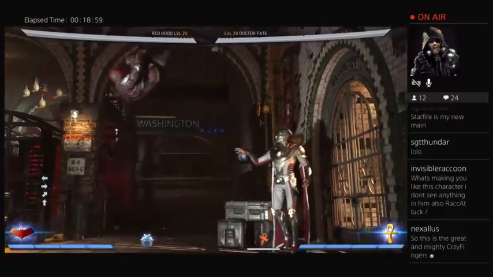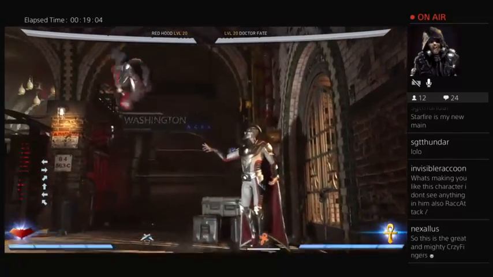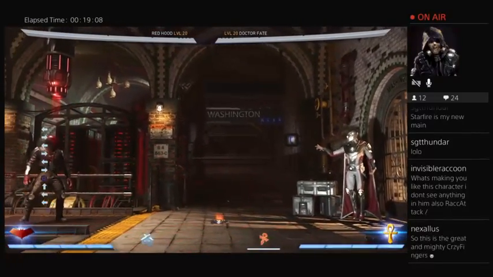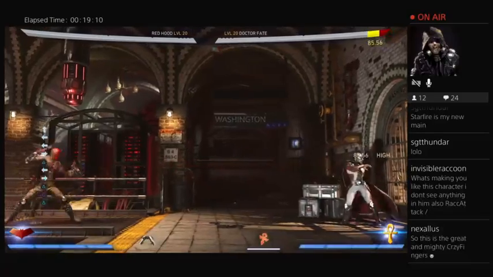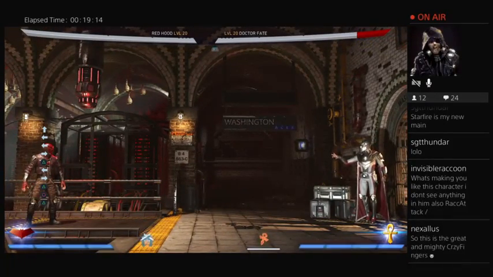So yeah, but back to what I see in the character. I see a character that can really play the kind of game plan that you want to be playing in Injustice. You want to be controlling that space. You want to be doing something that's building you meter constantly, because if you're a character that can't build meter constantly, you need to have some damn good stuff to back it up. Like,